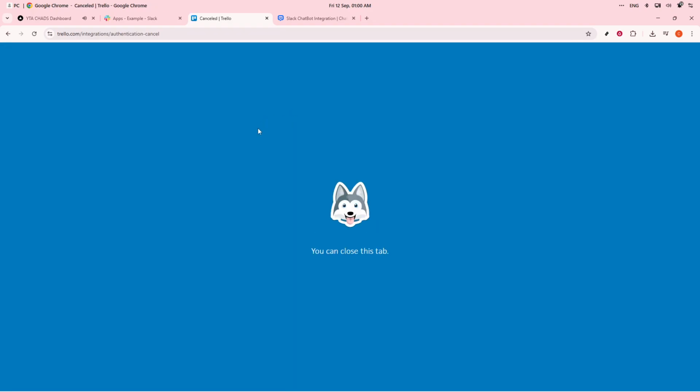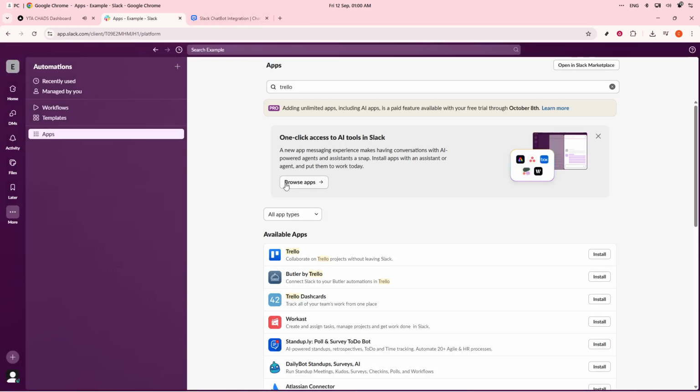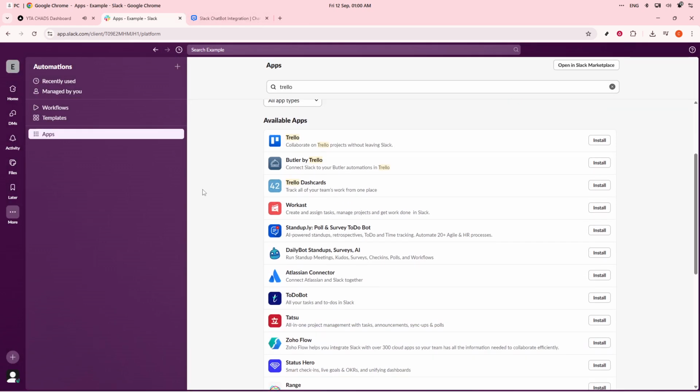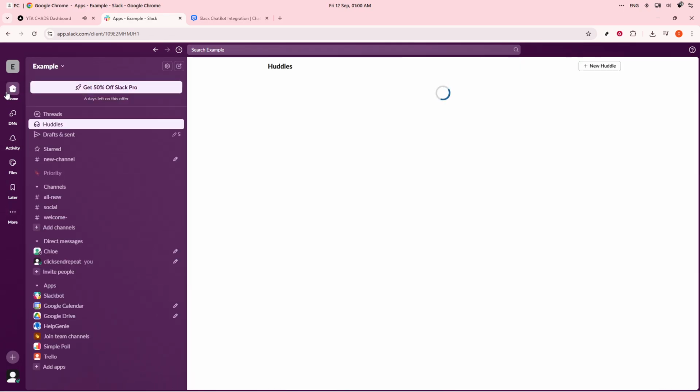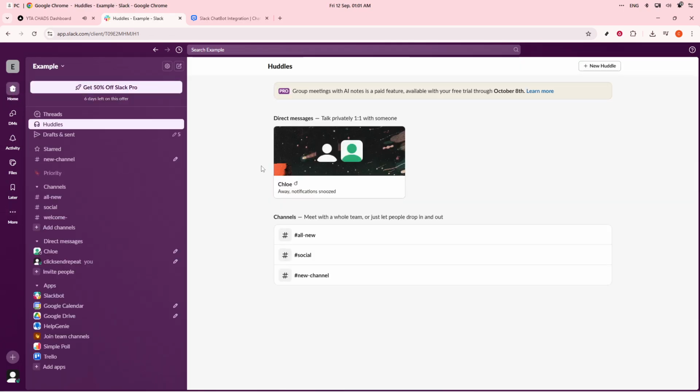Once the boards are linked, head over to Configuring Notifications. Within Slack, you have the flexibility to decide how detailed these notifications should be. For example, you may choose to be alerted when a card is created, moved, commented on, or when due dates change. To adjust these settings, simply use the command /Trello settings within any channel where you want to modify your